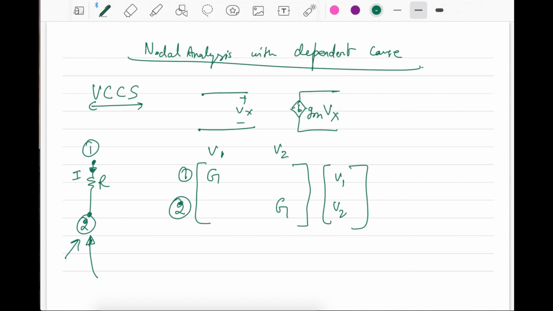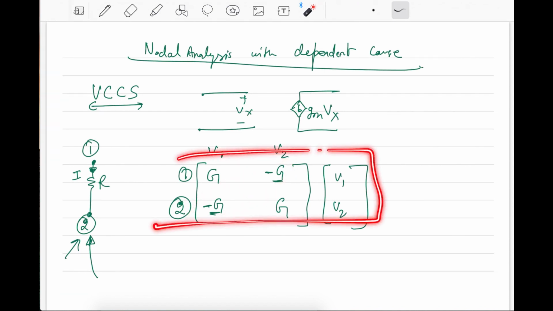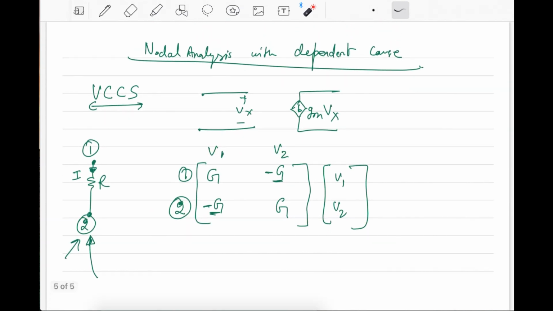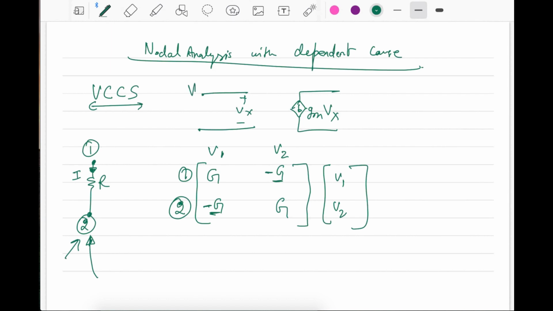The off diagonal elements have a negative value. The common resistance between node 1 and node 2 is R, so it will be minus G, and here also minus G because it is a symmetric matrix. I hope you know all this, it is very simple. The off diagonal elements are minus G and it is a symmetric matrix. But now if you write for this circuit,